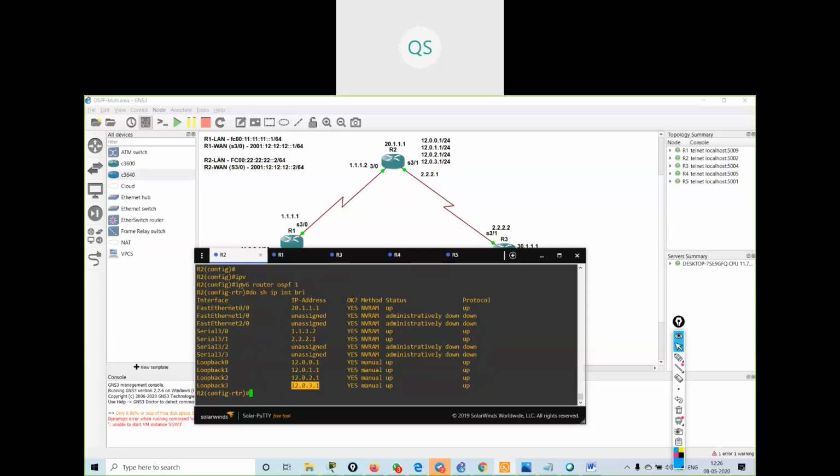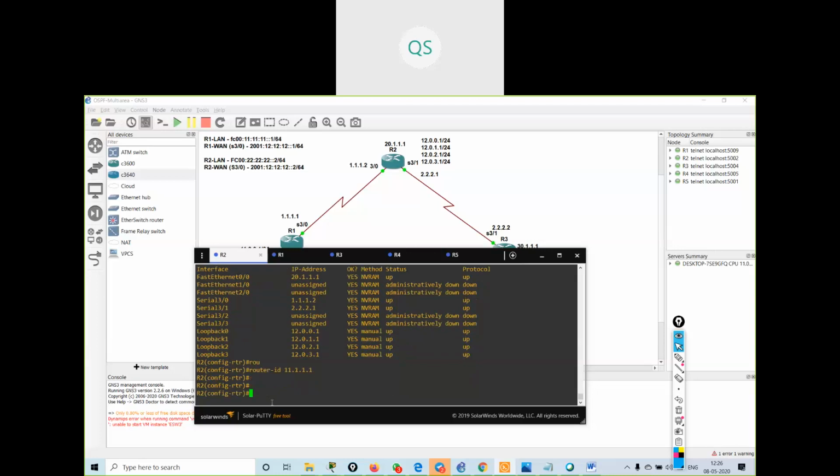So for IPv6, I have to give a router ID. I can give it manually, or it will take whatever IPv4 addresses are configured. The router ID concept is the same. So I will configure it manually: 11.1.1.1. I have configured the router ID. Now I will say exit.